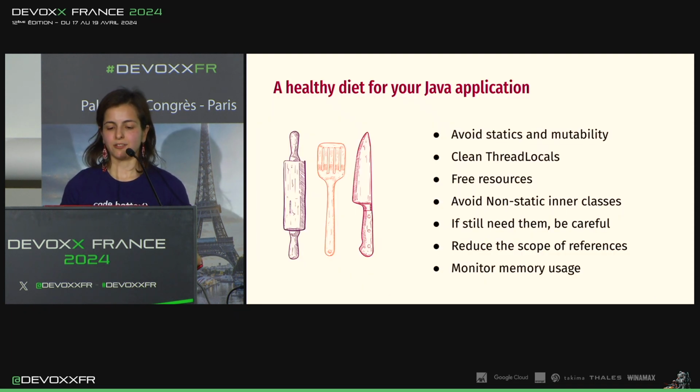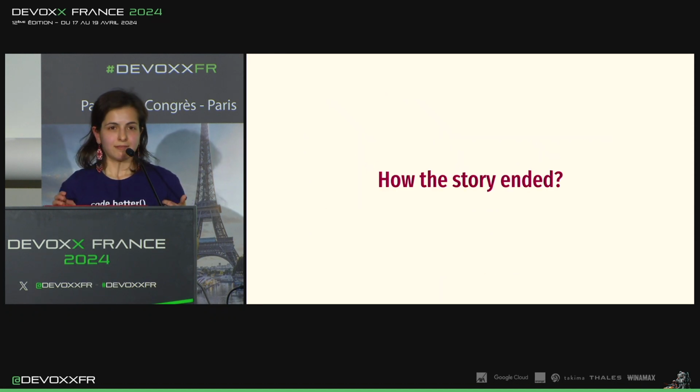So this is sort of a summary of a healthy diet: avoid statics and immutability, clean thread locals, free resources, avoid non-static inner classes, and so on. So all the things that we discussed today in this presentation. And of course, I've been telling you a lot about that story, but